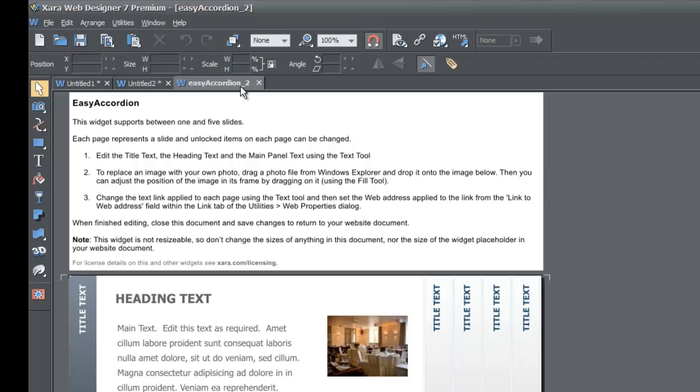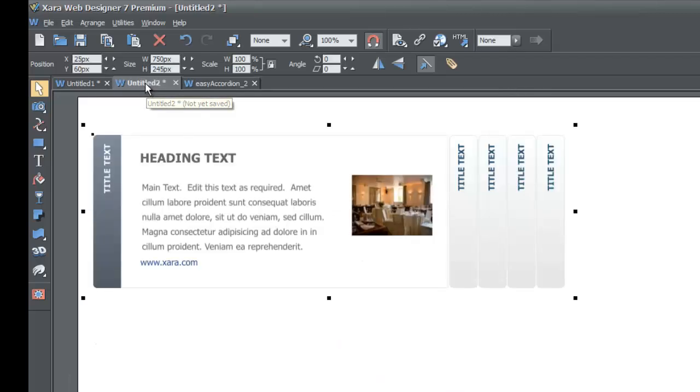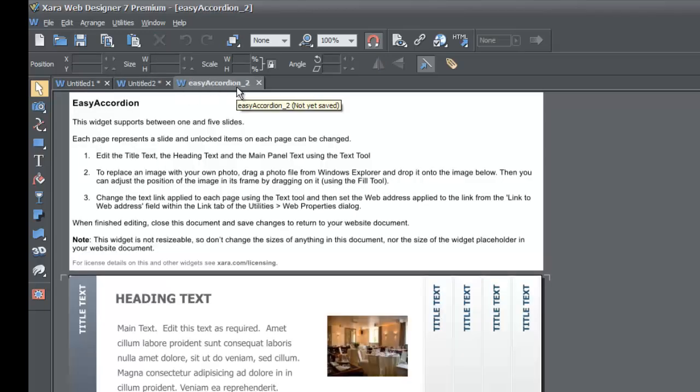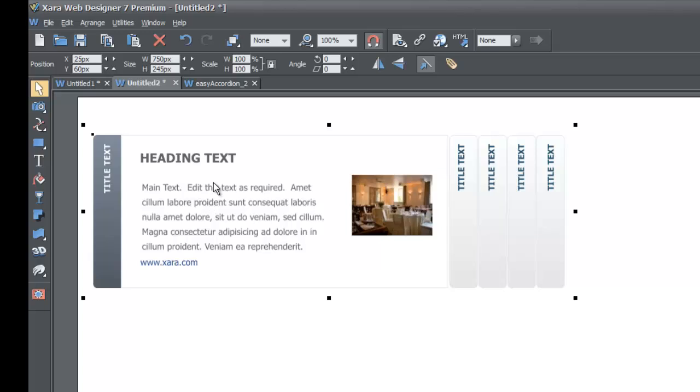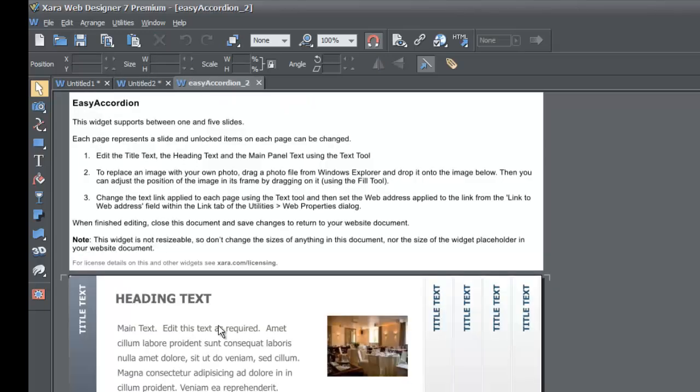But don't worry if you don't understand it. That's not important. What's important is that you're in edit mode, and the way that you'll know that you're in edit mode is that you see Easy Accordion written in this tab. Now if you go to the previous tab and you left click on it, it'll bring up the original screen for when we weren't in edit mode, and you'll notice that it's in the same positioning that it was before. So this is the original screen, but when we double left click on it, it brought up this Easy Accordion